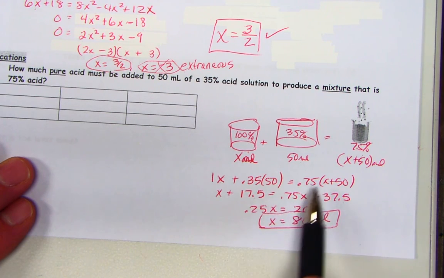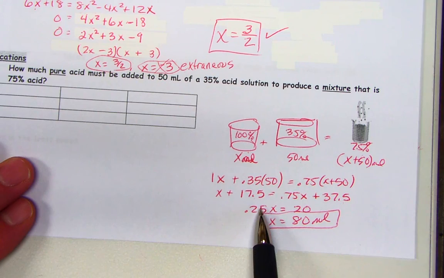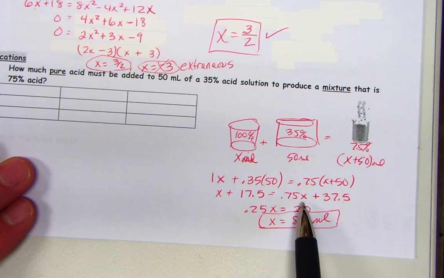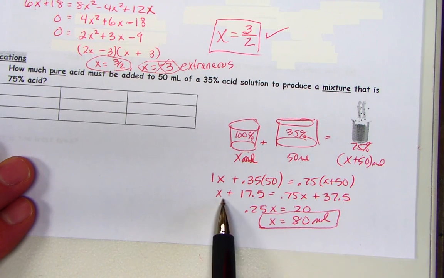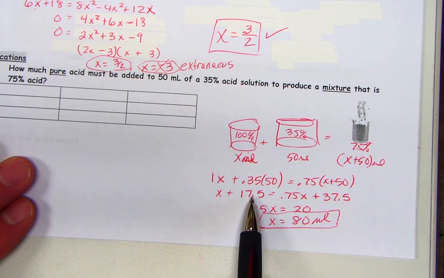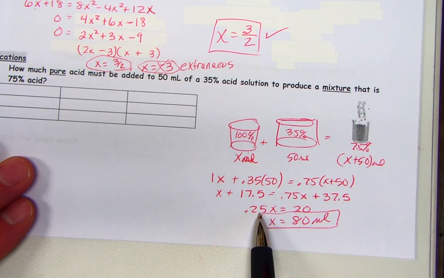Bring 17.5 over, and bring the... whoa, this is not correct, is it? Yes, it is. My bad. We're going to subtract 0.75x from 1x and get 0.25x. We're going to subtract 17.5 from 37.5 and get 20. And then when you divide,